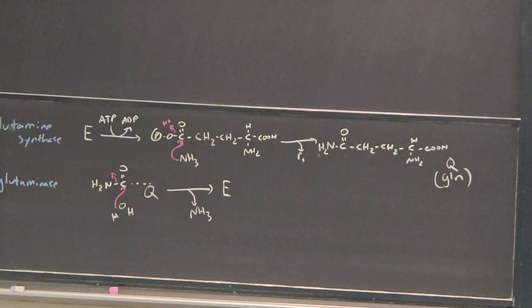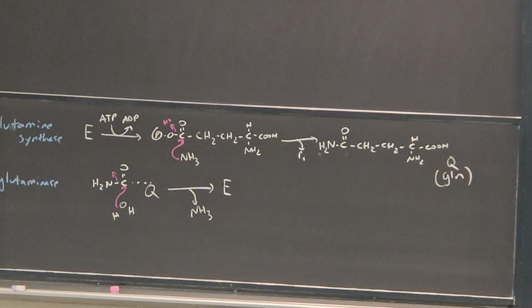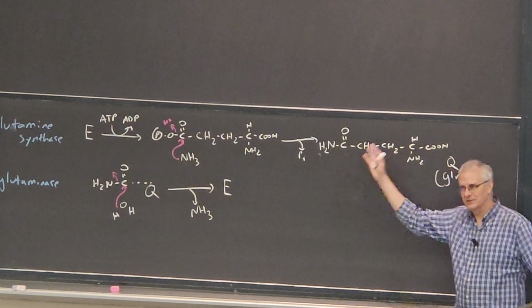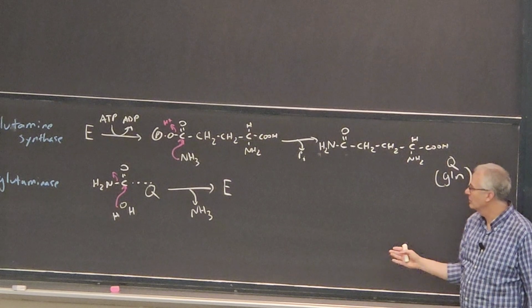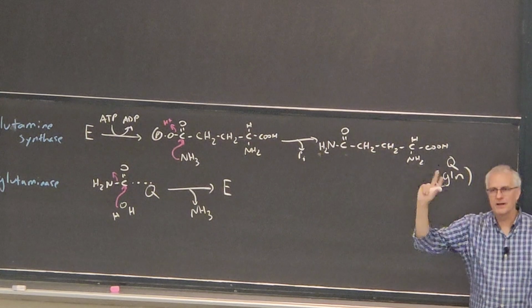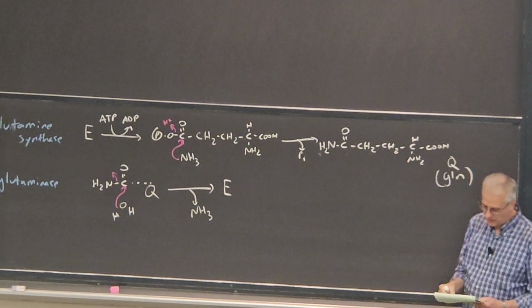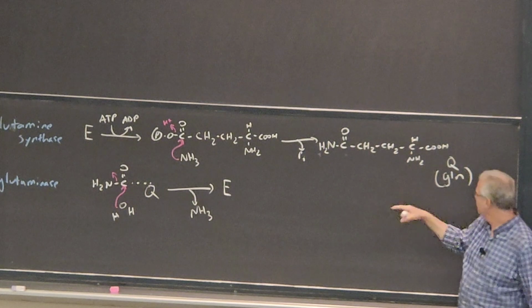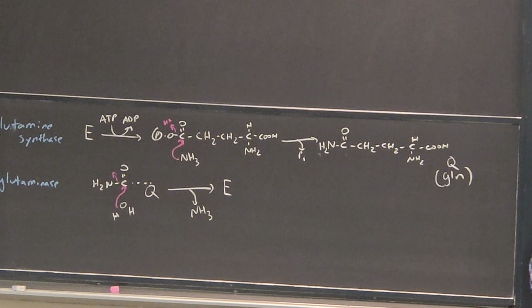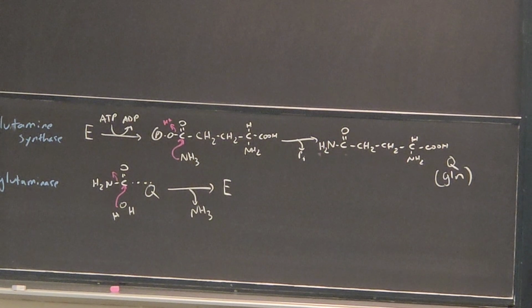So you can see here, making glutamine, one pathway, one enzyme requires energy input. Breaking down glutamine, other direction doesn't require energy input. Fits with all the stuff we talked about, right? A pathway in one direction can't be the same as a pathway in the other direction. One direction will release energy, one direction doesn't, so this all fits all the thermodynamic stuff I showed you before, but also shows how you can use basically glutamate as an additional way to carry nitrogen around. And it turns out, you'll see when we talk about nucleic acid metabolism, you sometimes also use glutamine as a nitrogen donor for nucleic acid synthesis.